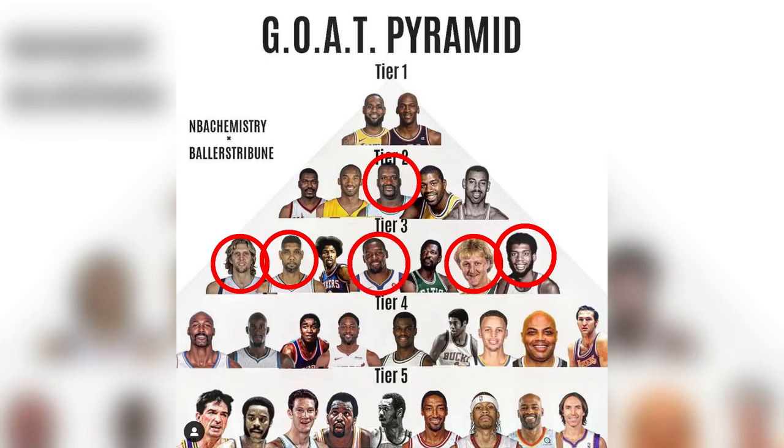I do like how they have KD up there. Although he still has a lot of basketball ahead of him, there is no denying his greatness. I think they have Vince Carter a little too high. I love what he's done for the game, all the amazing moments he has produced, but all things considered, he isn't as good as some of these other players. No MVPs, no scoring titles, no titles. And tier 1 doesn't look quite right, but we'll get to that here shortly.